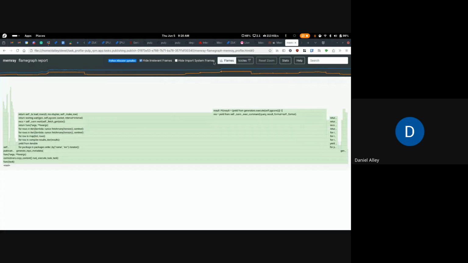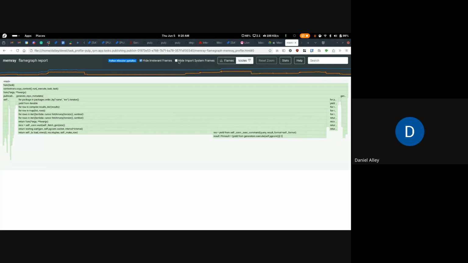You can invert it. There's an option for hiding import system frames, which doesn't really do anything on this particular chart. But yeah,